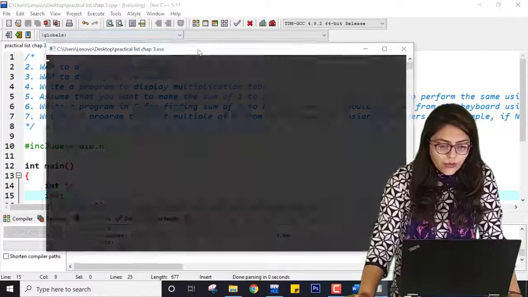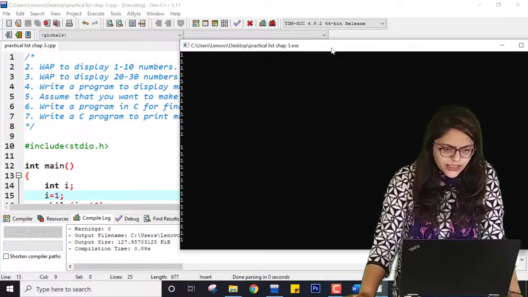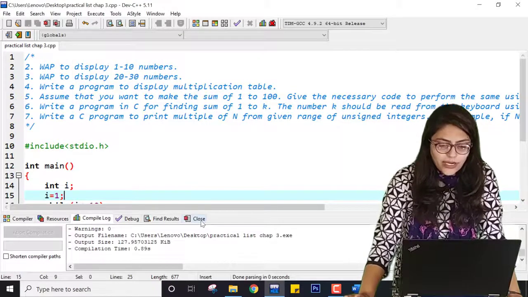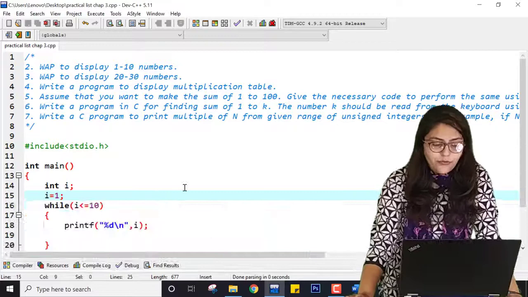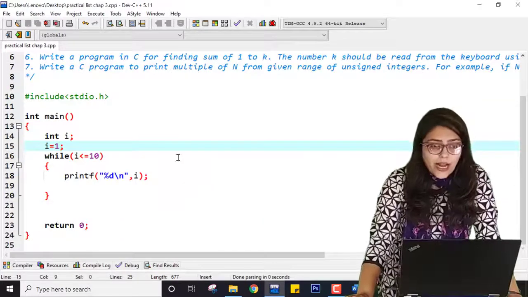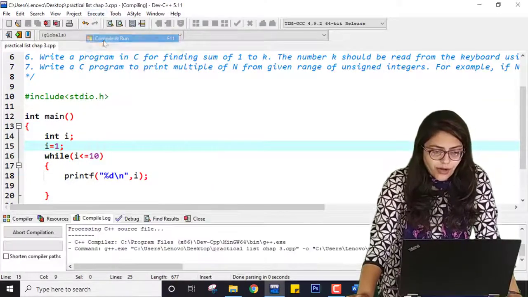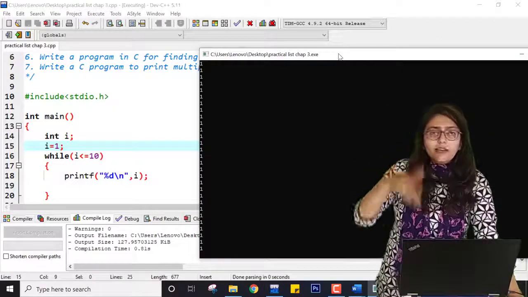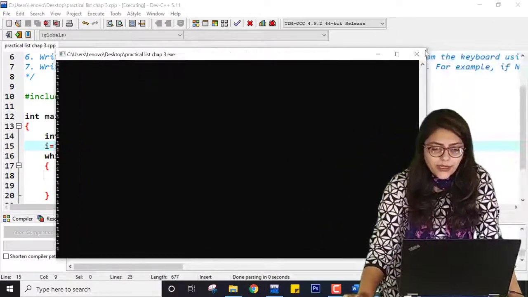If I compile this program and run it now, you can see it is giving me an infinite loop. Why? So if your code is incorrect, you can enter into an infinite loop. Let me show you the infinite loop again. If it is happening something like this, you can see it is giving me 1, 1, 1, 1, 1. It is printing only 1.